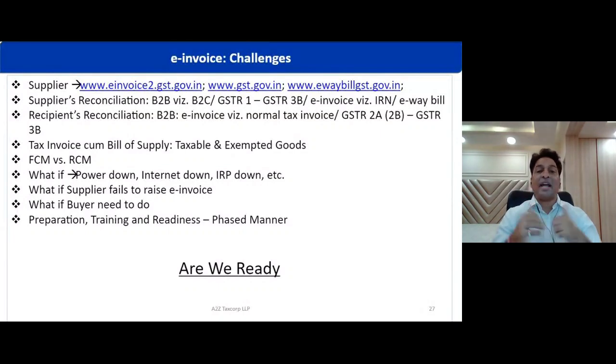And third and foremost advantage to both, it is a deterrent against tax evasion. It is a deterrent against the ITC which has been disputed in terms of Rule 36 sub-rule 4, Rule 86A of the CGST Rules. For an honest taxpayer, the recipient will get automatic credit in their GSTR 2A with this e-invoicing system. And this process is going to automate and digitize transparency and credit availment in the hands of the recipient, buyer of goods and services.